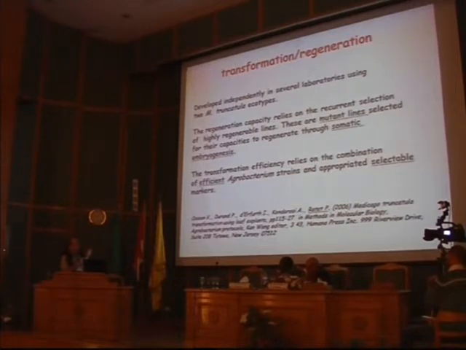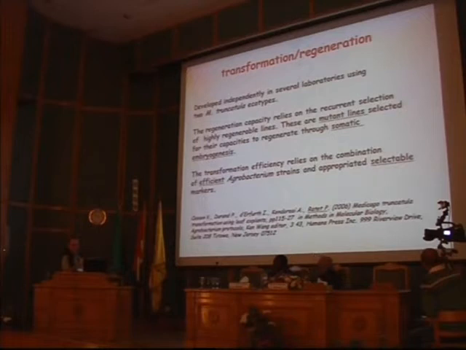And in our case, we use somatic embryogenesis. Some other protocols have been developed to do other types of regeneration, but this is, to my knowledge, the most efficient in Medicago. And then when it goes to transformation, you have to find a good Agrobacterium. This seems obvious for people who deal with transformation every day, but for those who start a new system, they have to know that you have to find the right Agrobacterium strain. In Medicago truncatula, for example, we have one strain that we cannot use at all. This is the one that everybody is using for tobacco transformation, LBA